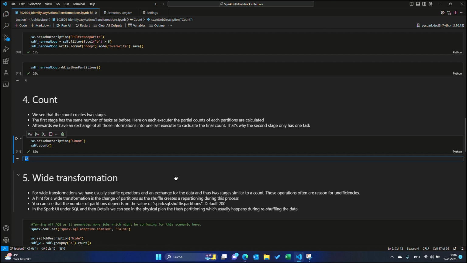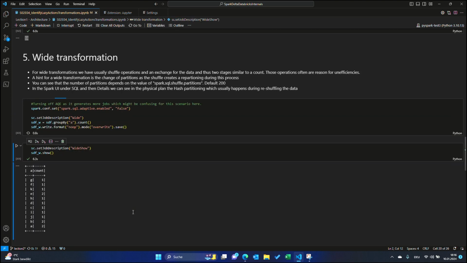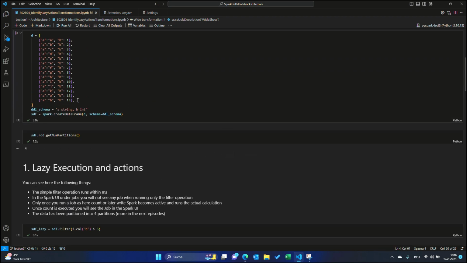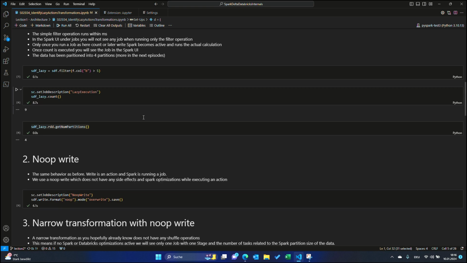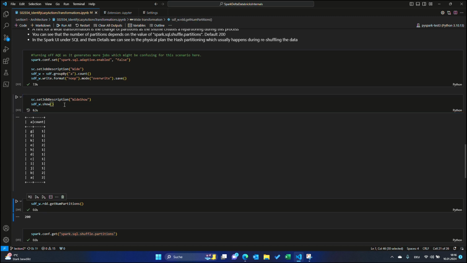Now it becomes a little bit more interesting. So now we really have a wide transformation. In this case, we are running an aggregation on the column A, and while this is running, you can see that we have 2 duplicates for the values A and B. So it's just counting how many rows we have. And that's what you can see here at the end. We are just rerunning